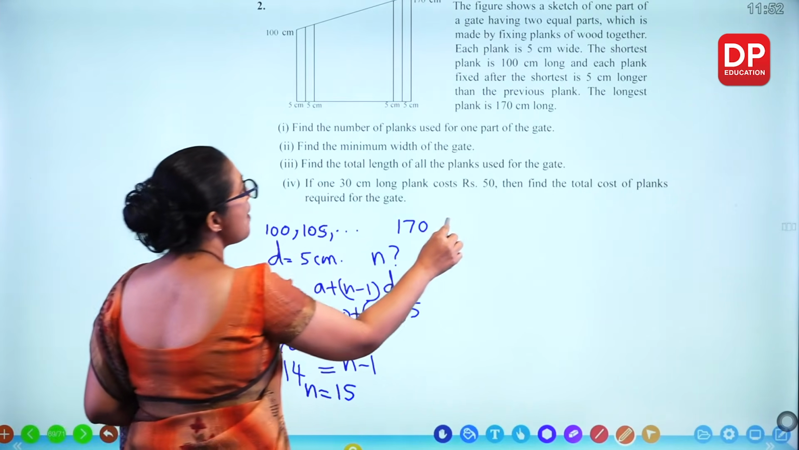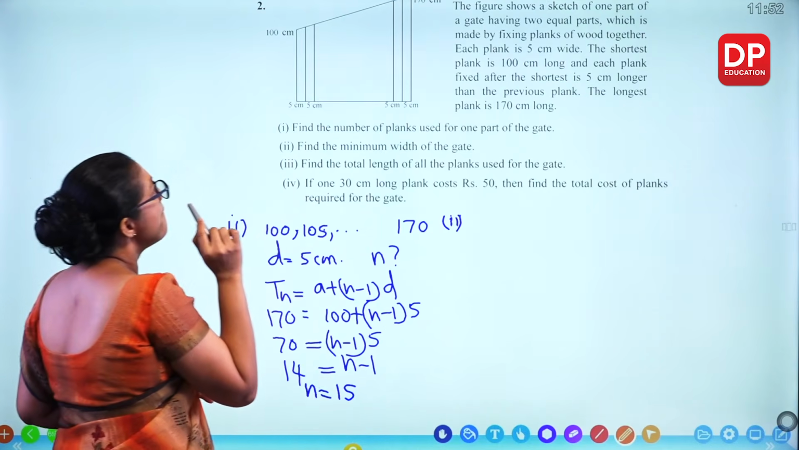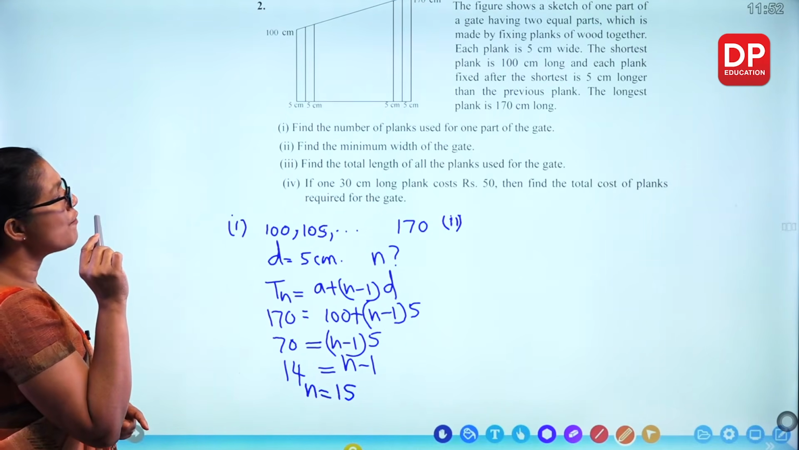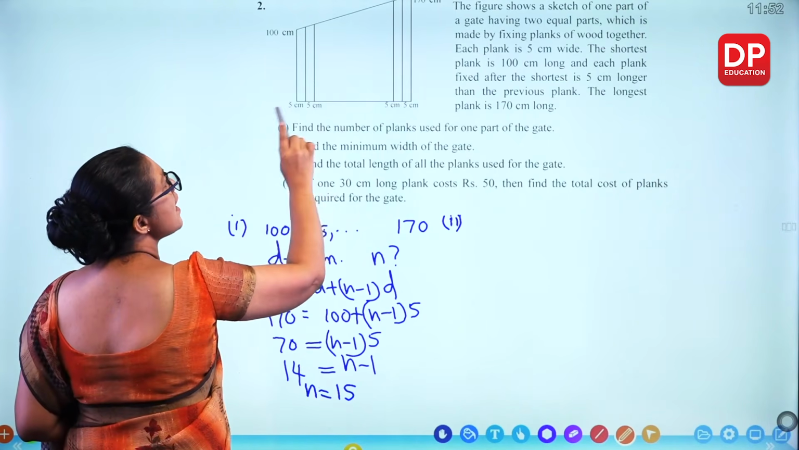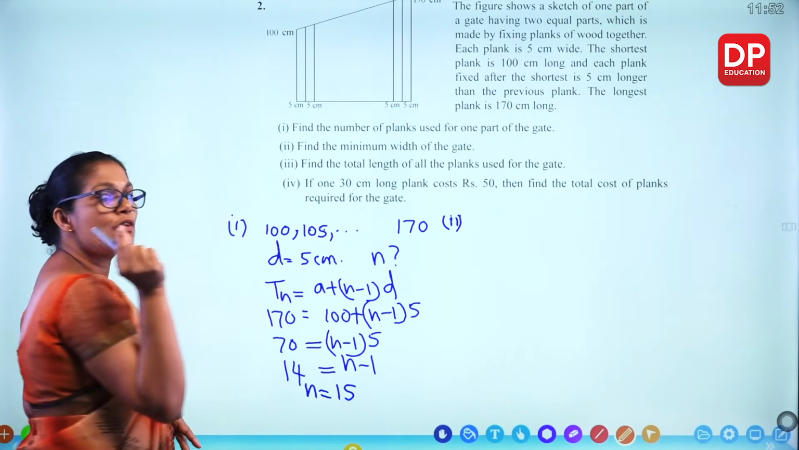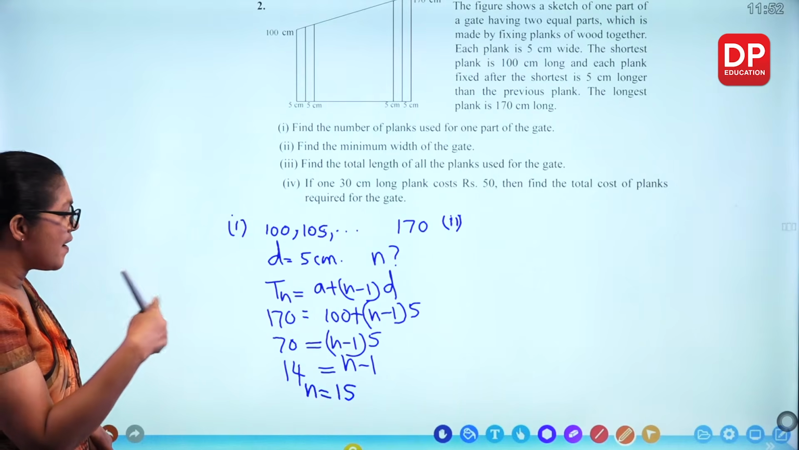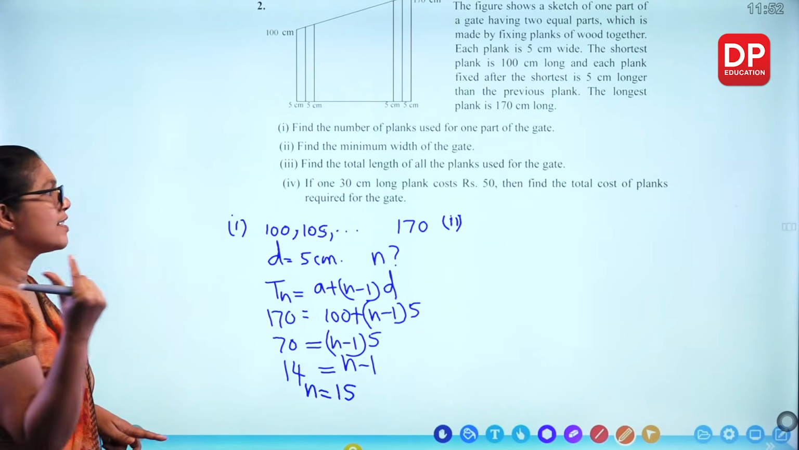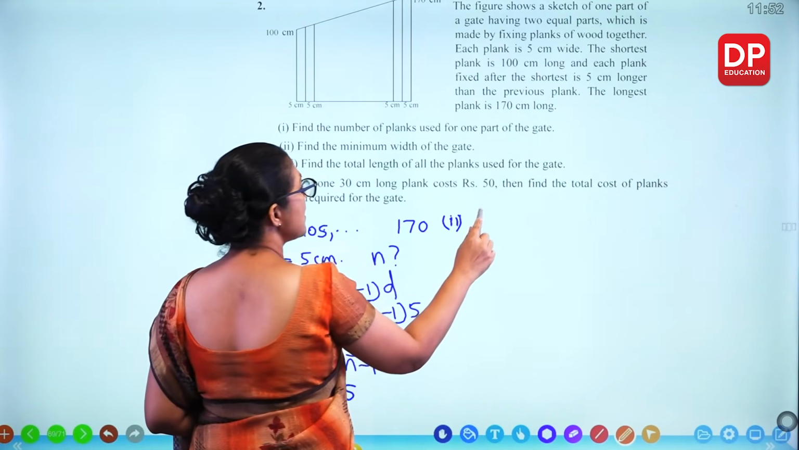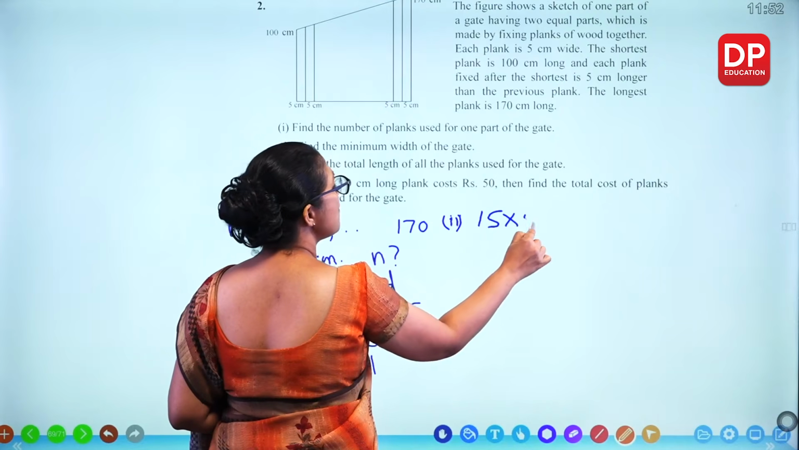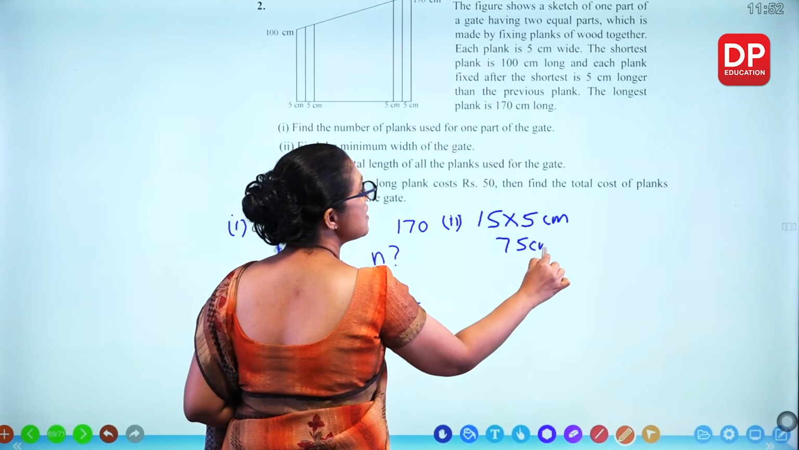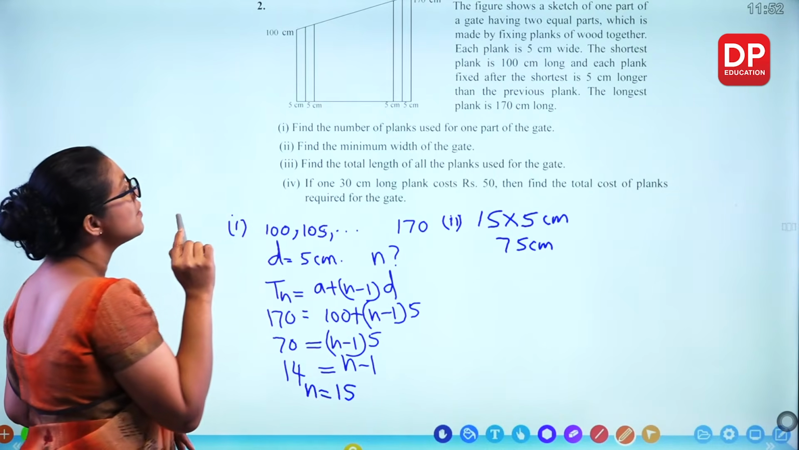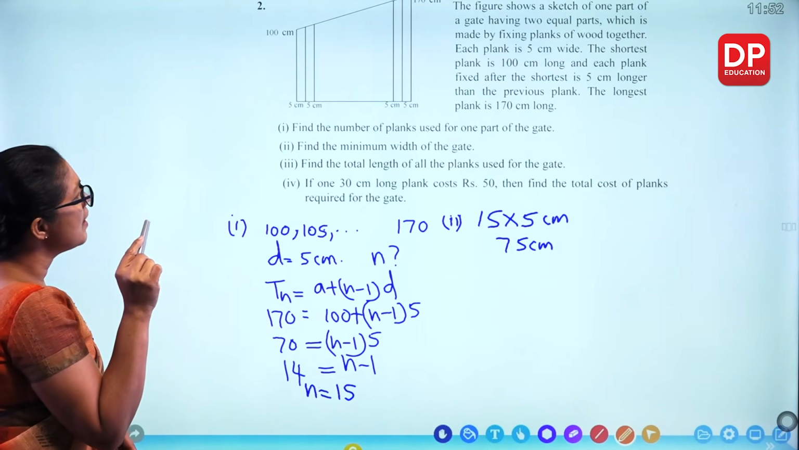Second part, find the minimum width of the gate. So width is this side. Each width is 5 centimeters. There are 15 planks. So what's the minimum width? 15 times 5. So you get 75 centimeters is the width of the gate. Third part,